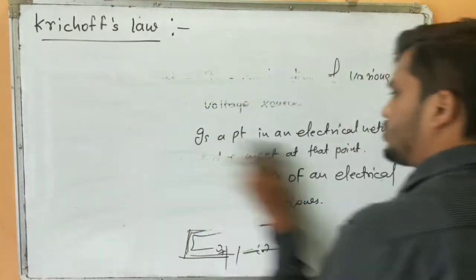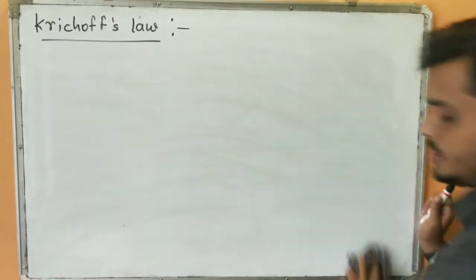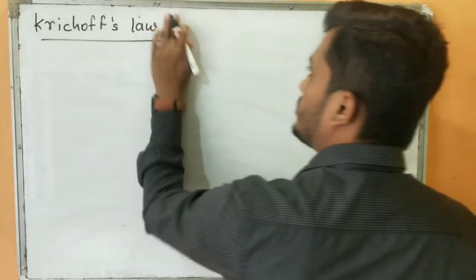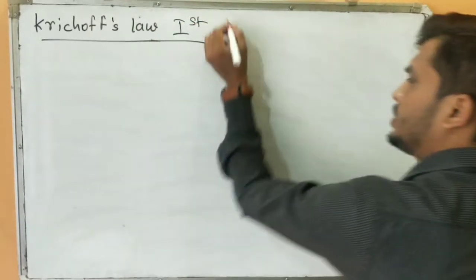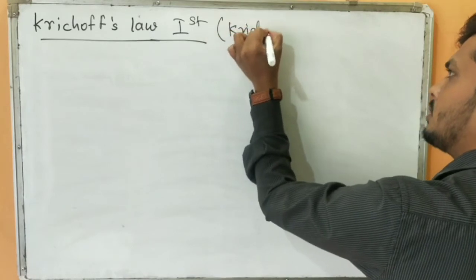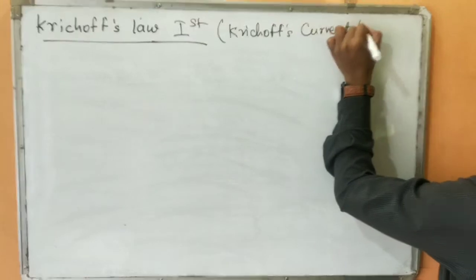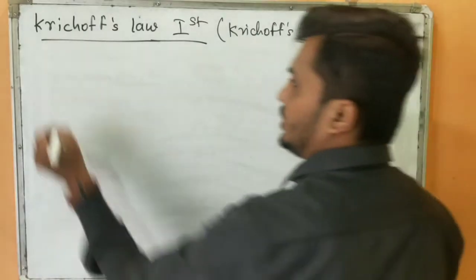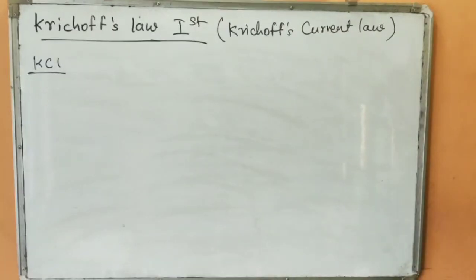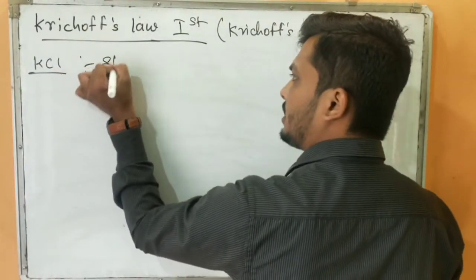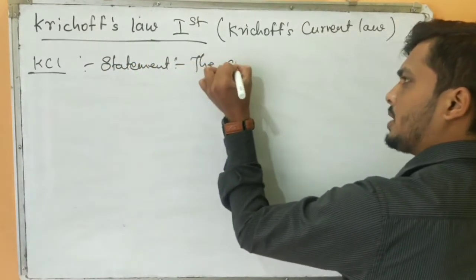So the first thing we are going to study is Kirchhoff's first law, also known as Kirchhoff's current law. If I write it in short form, it is the KCL law. So what does it state? It states that the algebraic sum